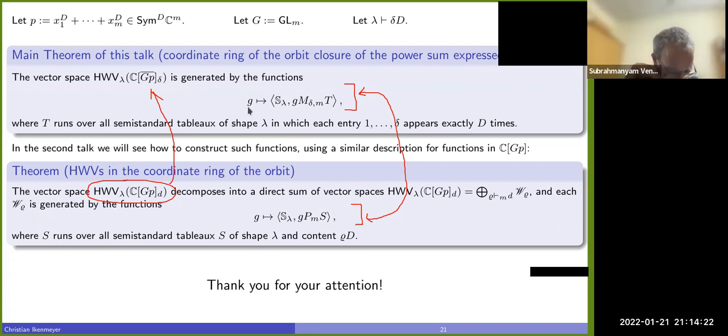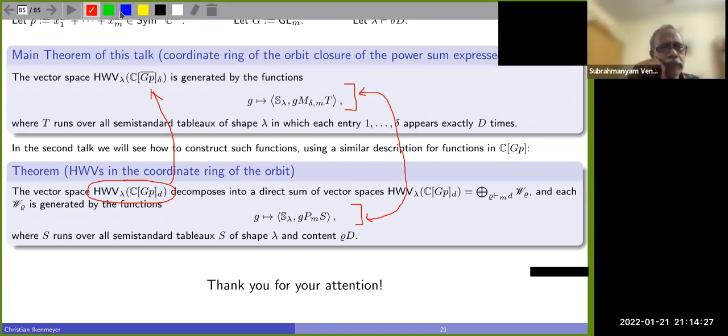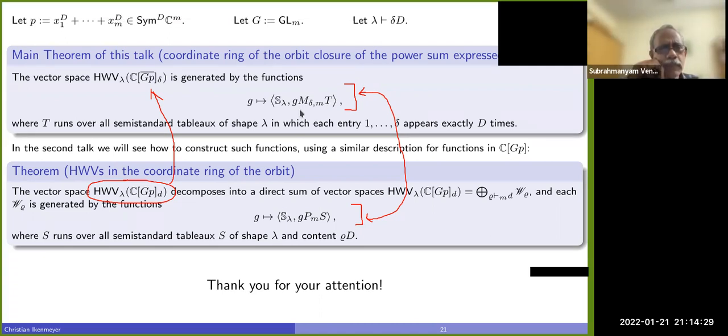Right. So each of these functions here, you choose a tableau T. When you fix a tableau T, then you have a function. Each tableau T gives you a function. You take any semi-standard tableau of this property, and it gives you a function. Now, you don't know if that's the zero function. That might just happen, and oftentimes it must happen for specific reasons. For example, if the Plethysm coefficient of that shape is zero, then there's no way of generating any functions.